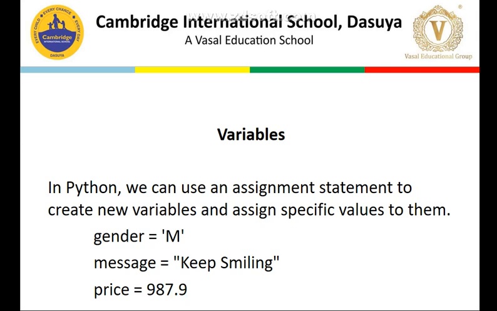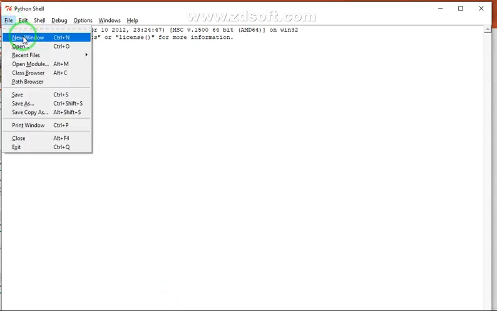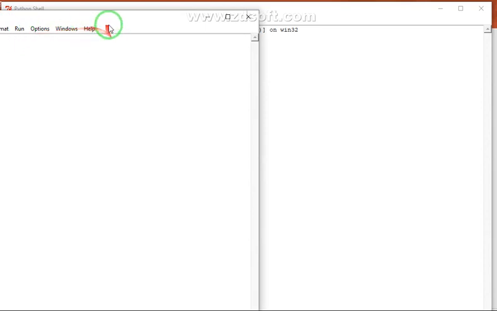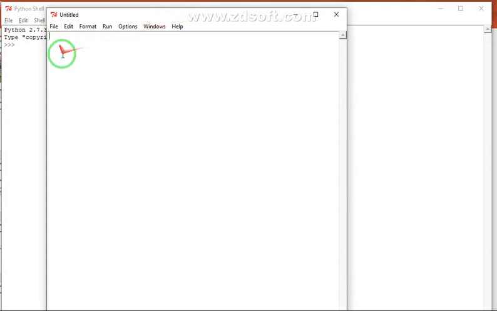Now for doing a few examples, we will move to the Python platform. Now students, we have opened the IDLE. What is IDLE? IDLE is Integrated Development and Learning Environment. Clear? This is for Python. Now students, we type our first program. First click on File, open a new window. Clear? And I will just place this window appropriately. Here we'll be writing our program.